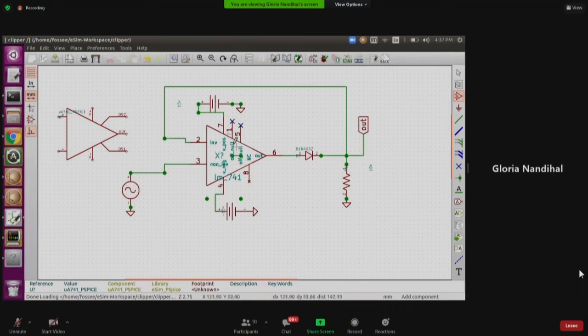You can use any op-amp. You can use the KiCad library LM741 also and you can run it. That's not a problem. This is the reason, since we didn't have a subcircuit file which defines an op-amp for 6 pins, we had to replace this with the eSim subcircuit LM741, right? So let's save it.